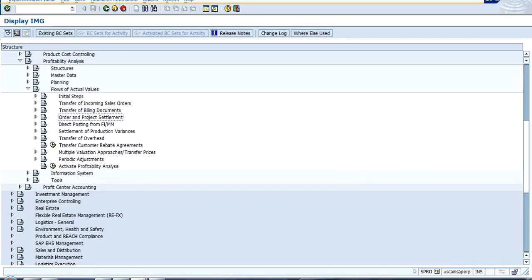For orders and for projects, we have a different scenario as compared to the sales order or billing. Now, how is it different? In case of orders or projects, the very first thing that we need to understand or consider is